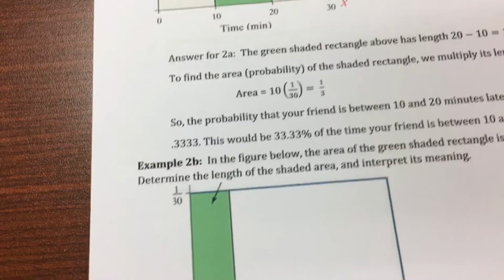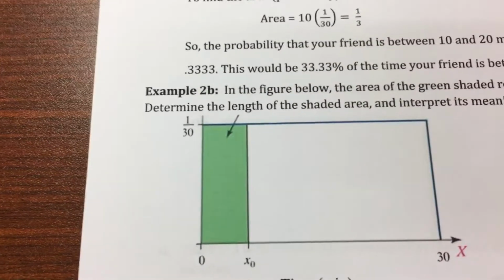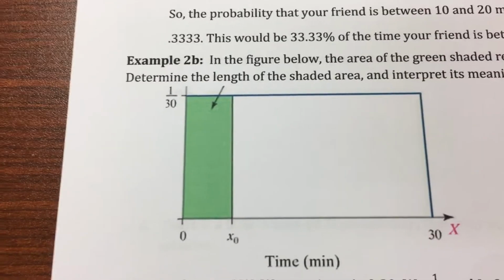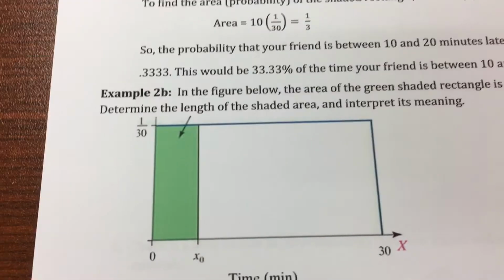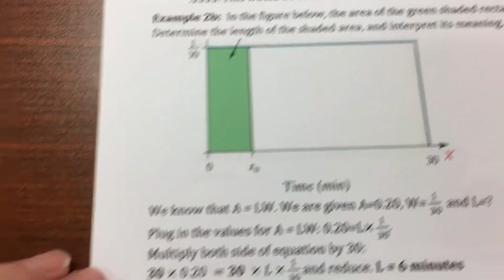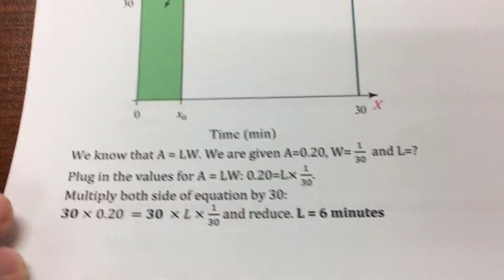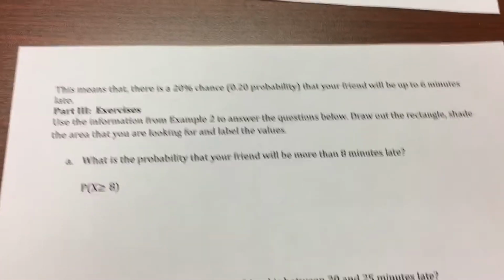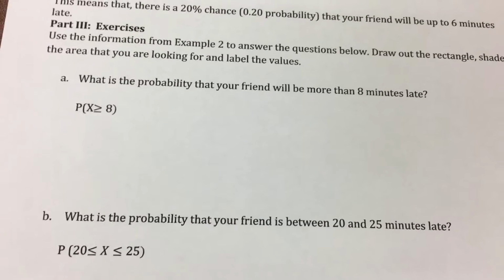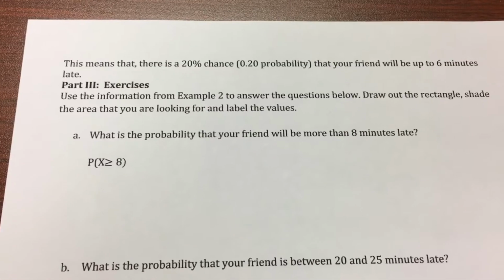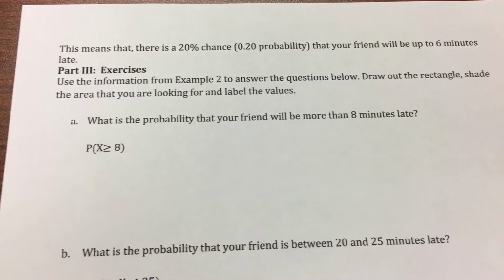In this one, they're actually giving you the probability and asking you to find the length. This is like what we just did, because probability corresponds to area. So you'll put your probability as your area. Your width is 1 over 30, and then you'll have to find the length. It goes through this problem down here at the bottom, so you can go through that. And then finally, you have some problems that you'll need to work. In all these, they're going to ask you to draw the picture. Every one of these you should draw. Now, if you can't figure out how to draw on these and upload them and all those things,